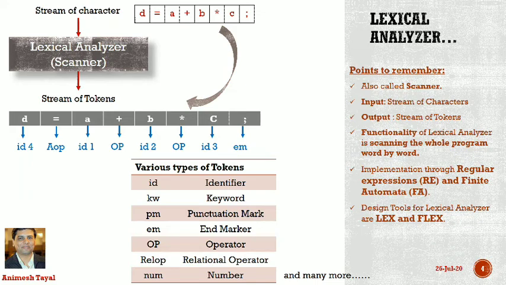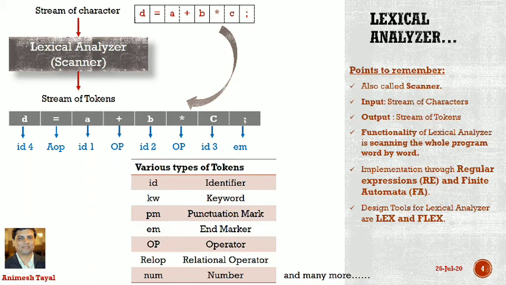अगर आप में से किसी ने लेक्स प्रोग्रामिंग किया है तो वो ये पॉइंट इजीली समझ सकता है. लेक्स प्रोग्रामिंग के लिए आपको इनपुट क्या देना पड़ता है? इनपुट विल बी द रेगुलर एक्सप्रेशन. सपोज a plus b whole star. A plus b whole star means all possible combination of a and b. And the output of Lex is a program which represent finite automata.